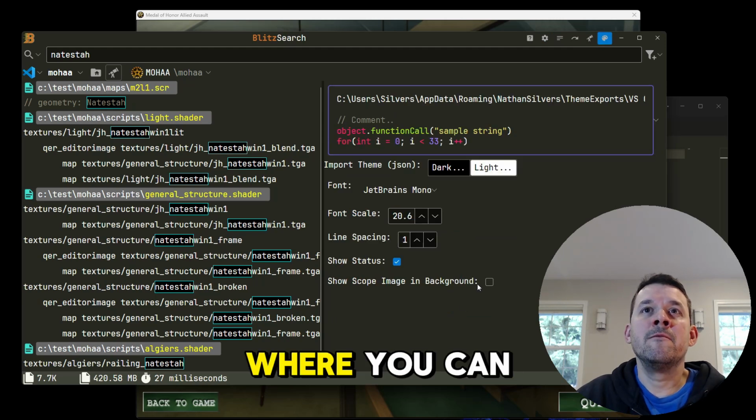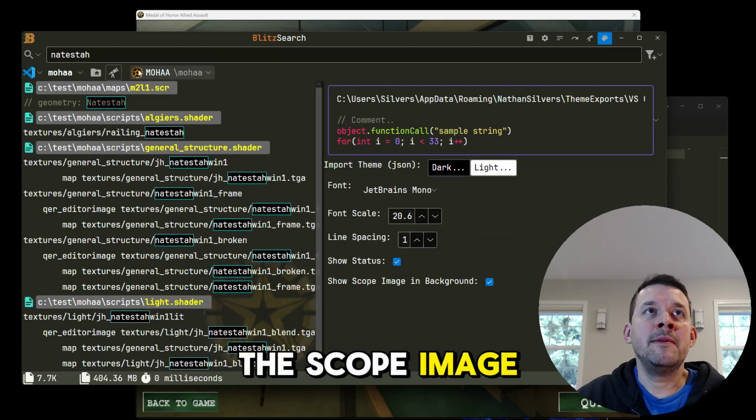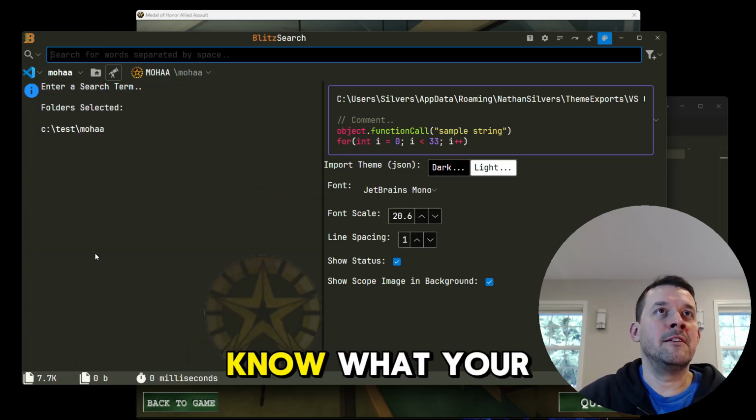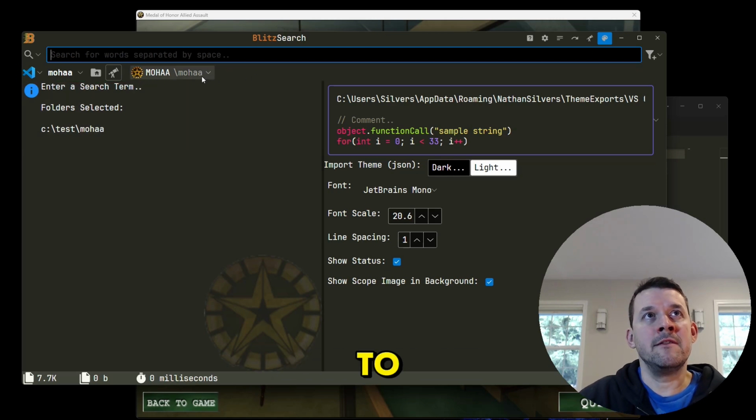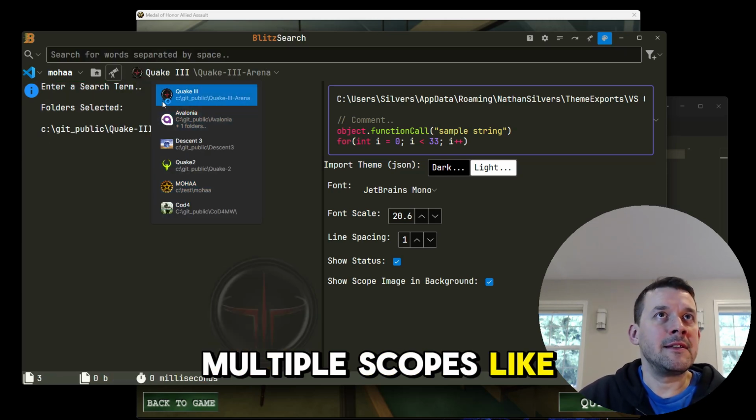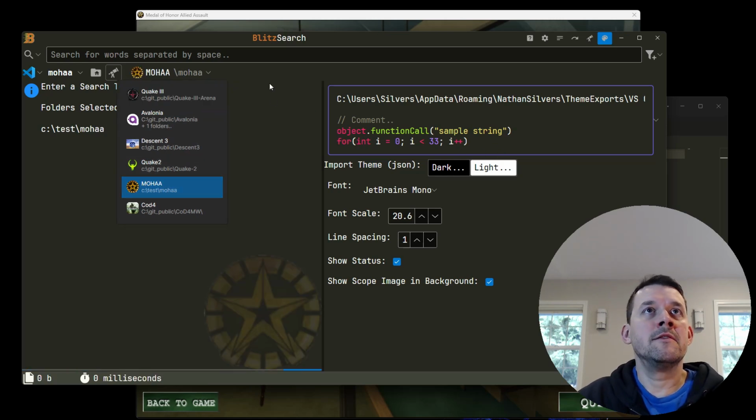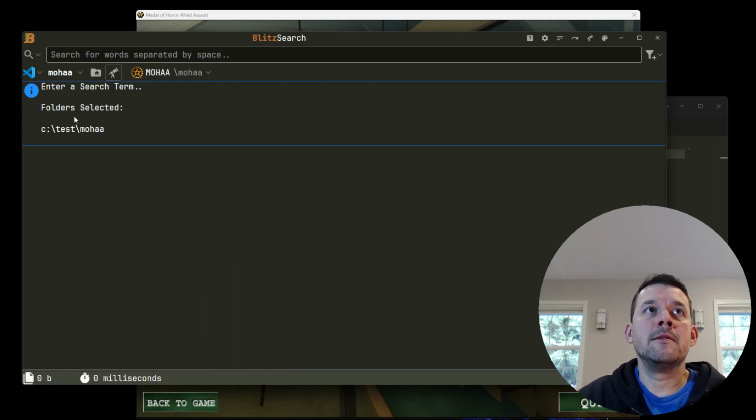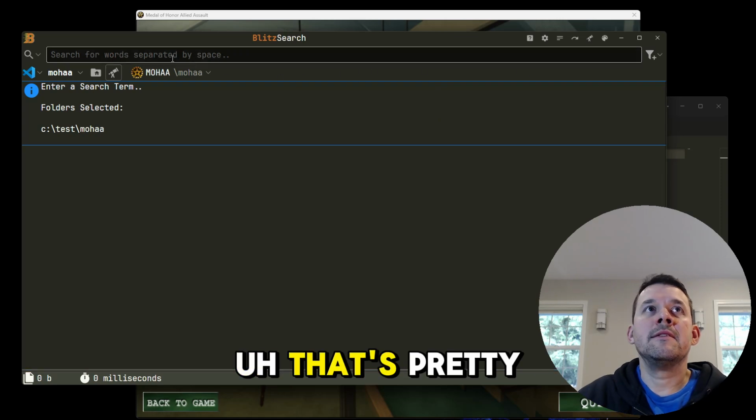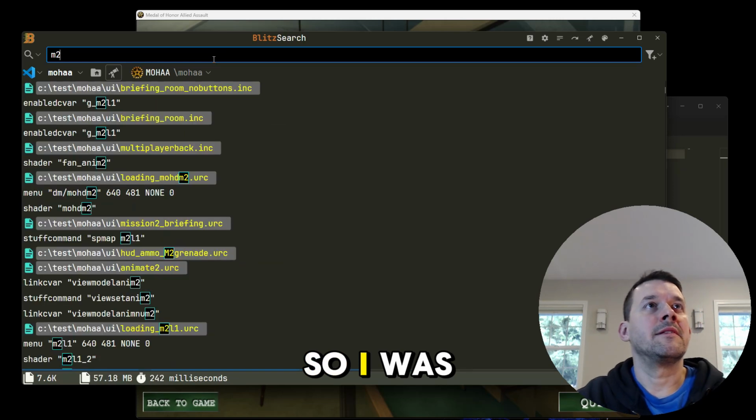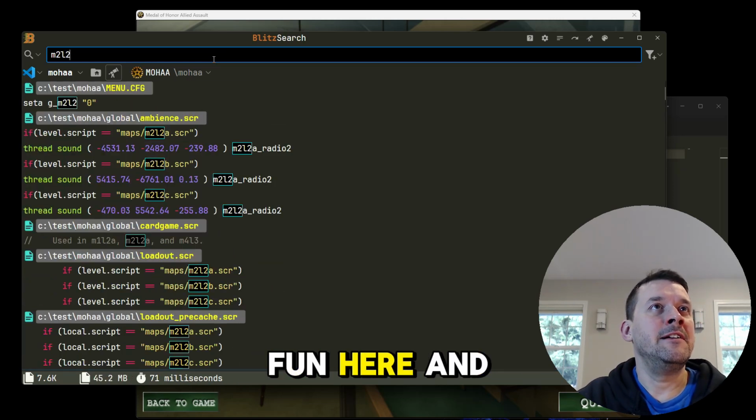this option here where you can show the scope image in the background. It just helps you know what your scope is set to if you have multiple scopes like I have set here. So that's pretty cool. And then I was going to just have some fun here and look at